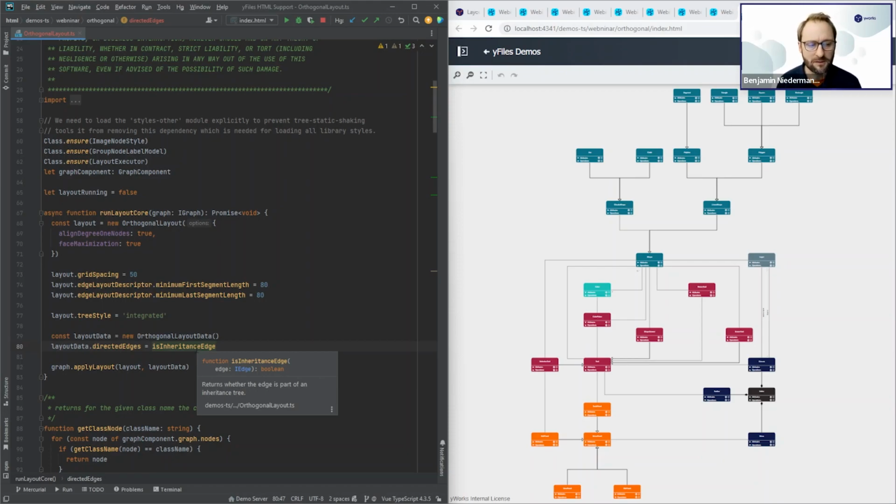It's a helper that just expects an edge and returns whether the edge is part of an inheritance tree or not. So it returns false, for example, for this edge here, but true for this edge. And I just use this as a predicate directly on the directed edges. If I refresh this,